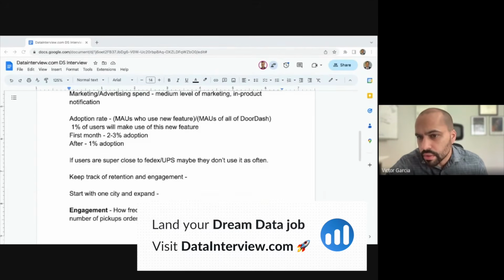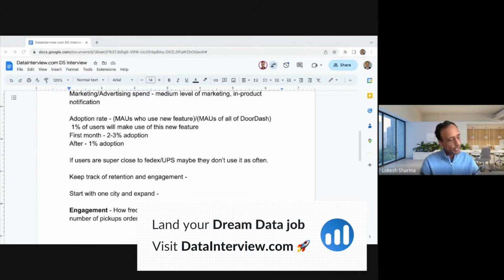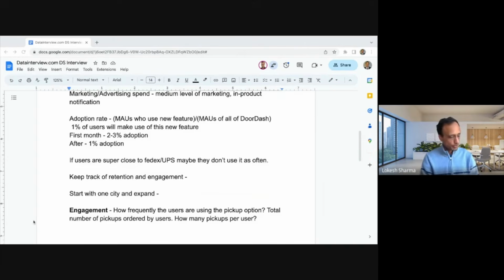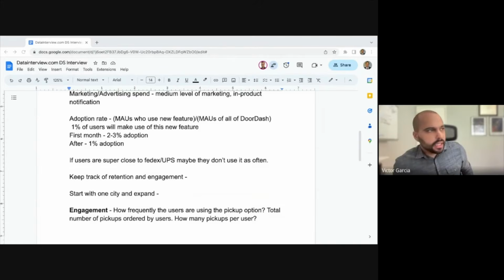So, this is the standard thing. The manager comes to you and says, what's the potential impact and sizing for the entire business, if we roll this out to all users on DoorDash? Got it. Cool. So I have a few questions here. If you launch it in one city, what is the population for that city? Let's say that it's a medium-sized city, so you can come up with any number you'd like.